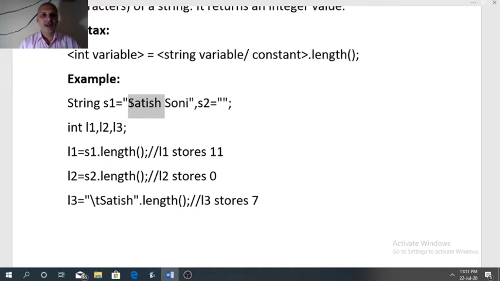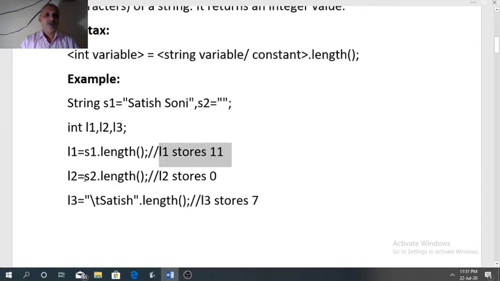Space is also a character, so that will be also counted. 7, then 8, 9, 10 and 11. Total 11 characters are present here. So L1 will store 11.